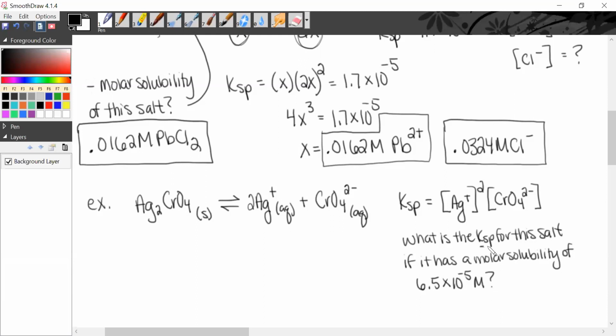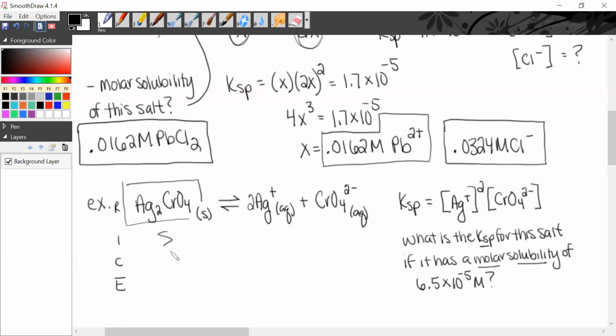Okay, so we're looking for Ksp, and it gives us molar solubility. Remember, molar solubility is referring to this thing as a whole, right? So the maximum amount of this as a whole in order to dissolve at 25 degrees Celsius or whatever is this molarity, okay? So what I like to do for these RICE tables here,